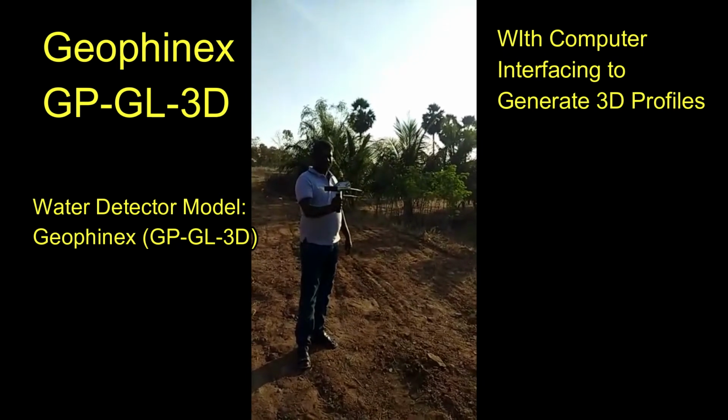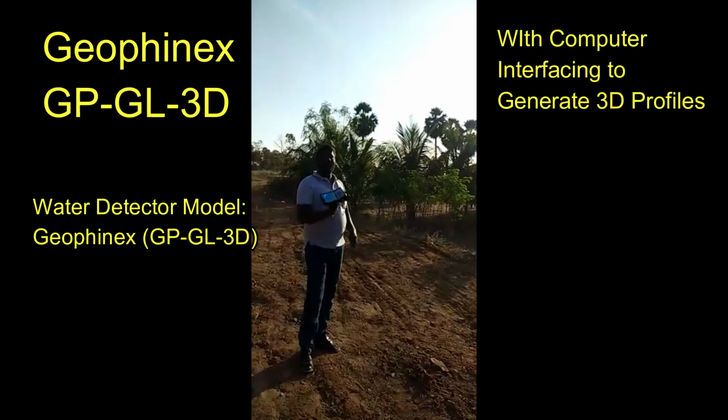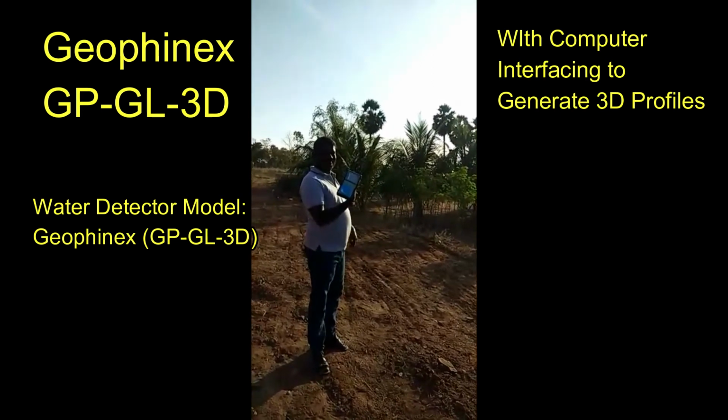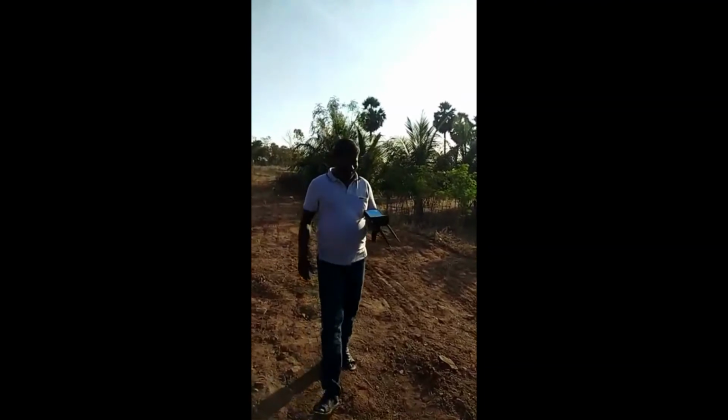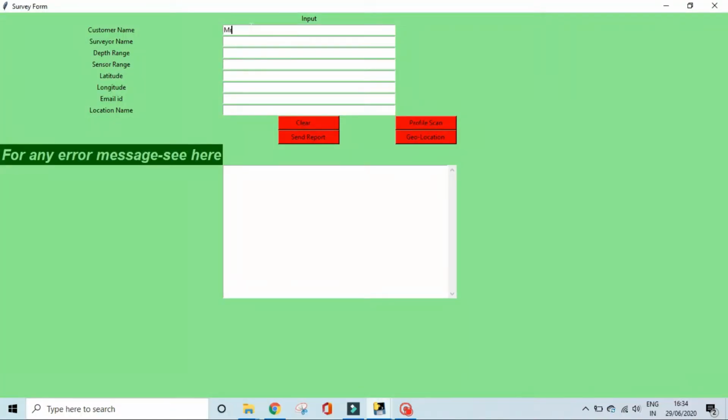So now we are in the process of looking at the customer-located point, the stone lying over there, where the location point is fixed. Now it goes with the computer software. The details stored in the GPGL 3D machine are connected with the computer software. The machine comes with software which has to be installed in a laptop, computer,